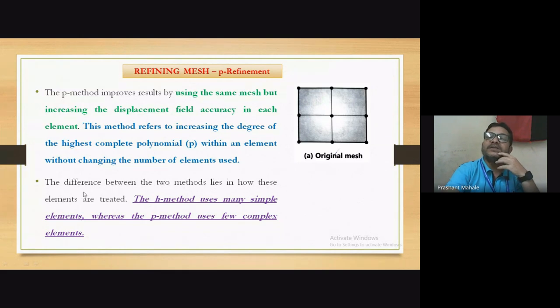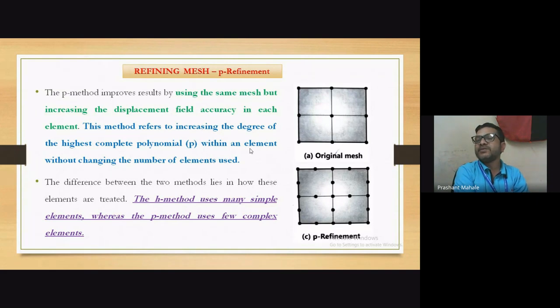So how to increase that? I'm showing it again, comparing it with the original mesh. So you just compare that in case of H also, last case. And here original mesh, same mesh I kept here, original. And if P refinement is applied, then this will be the changed or modified mesh. What you can see here is this 2D element, 2D element means two nodes element,